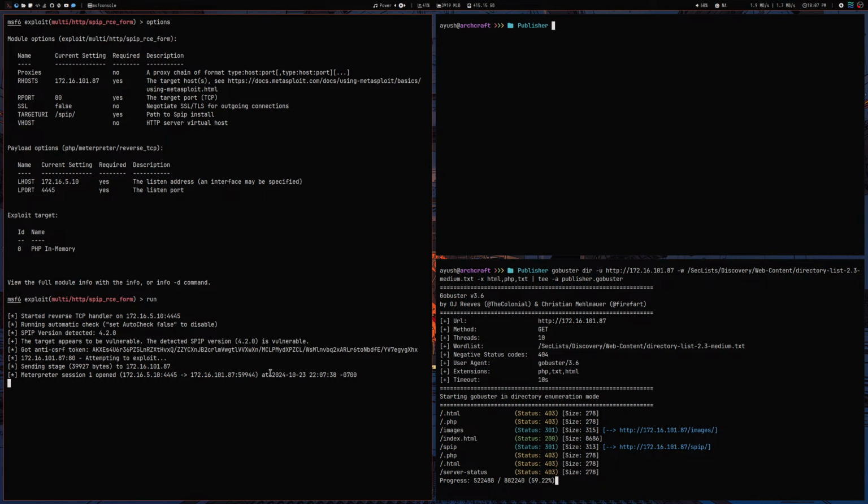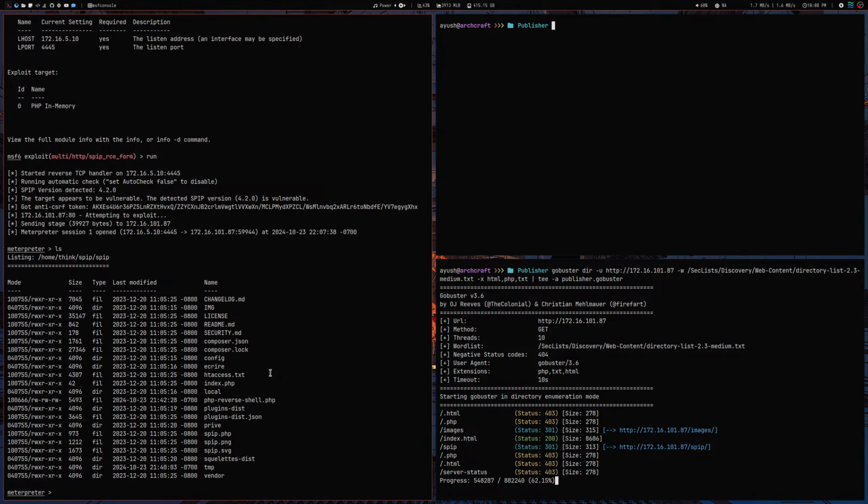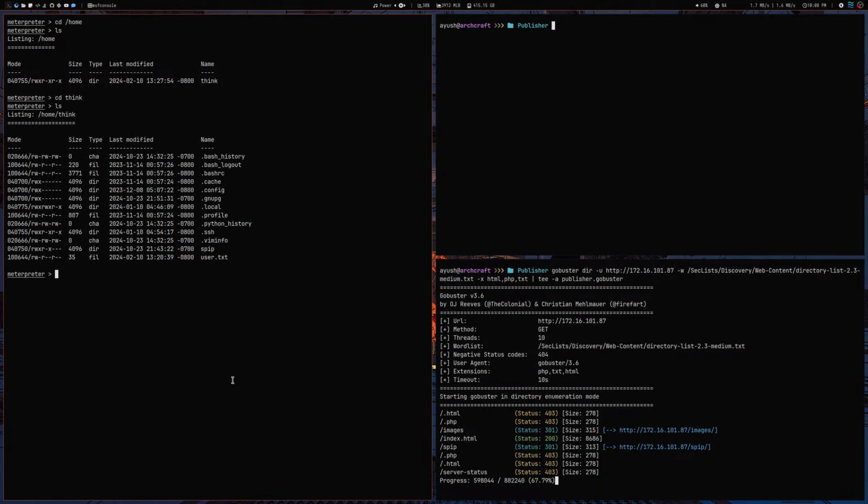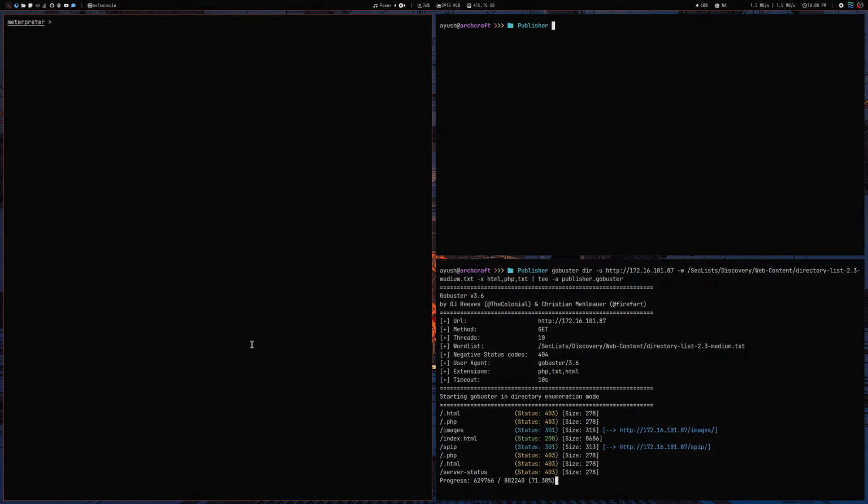Let's see. ls. Okay, so what can we do? cd home, ls. There's a think user, cd think. Since there was an SSH server running and we have this, we can read the user.txt. Does that work? Yep. So that was the flag. What we need is